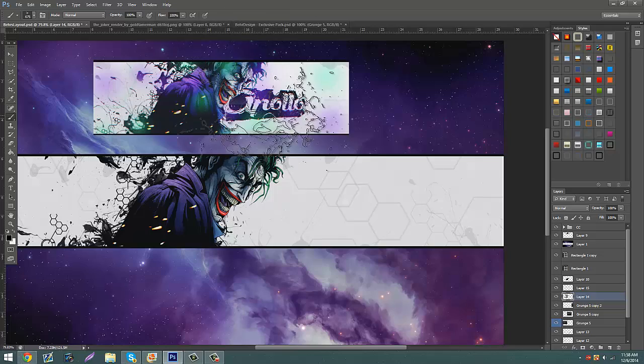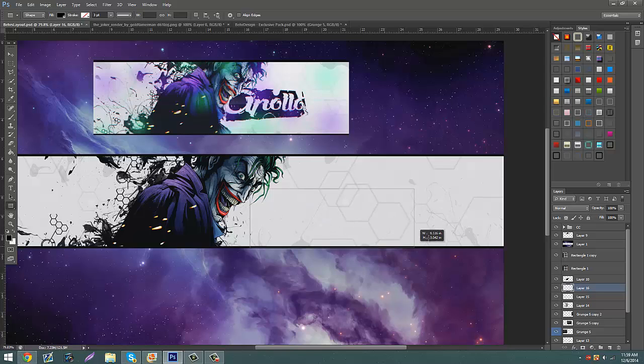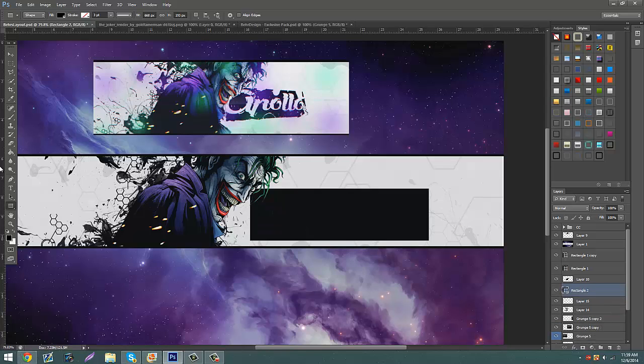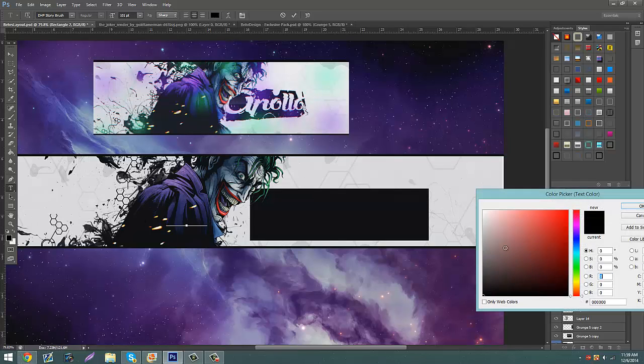So the next step is going to be the whole text box thing, and this is probably the easiest part, to be honest. So you're going to make a new layer and just put it under this, just so you don't screw anything up. And you're just going to make a box, like a rectangle, and I'll just put Behr. Actually, don't put it in all caps. Put the first letter in caps. So put Behr. Make it white,